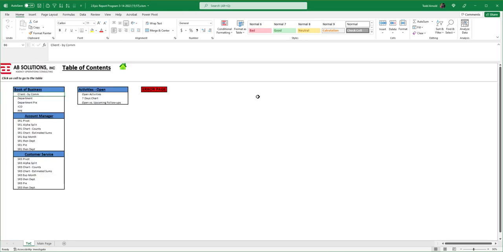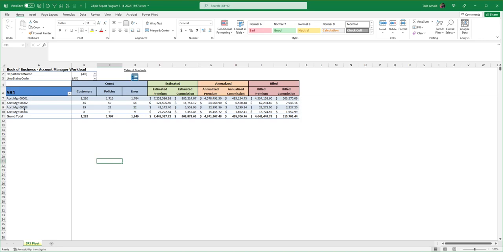So let's come back over to this table of contents. Let's say I wanted to look at this by my account managers. So there's my view by account managers. This shows us the main thing this macro does,